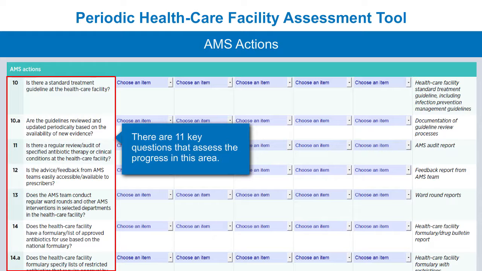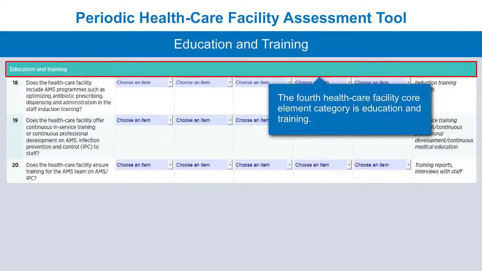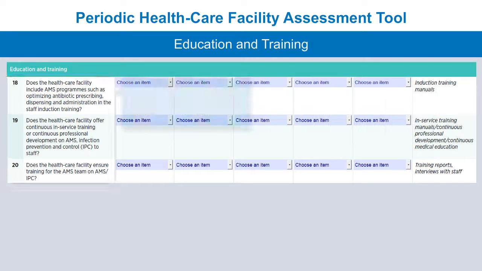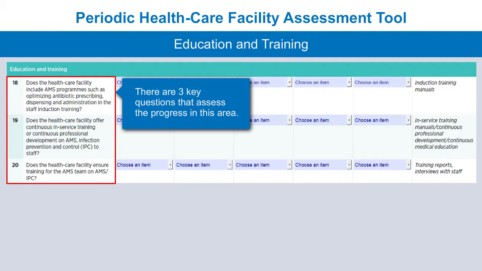The third healthcare facility core element category is AMS actions. There are 11 key questions that assess the progress in this area. They include questions such as, is there a standard treatment guideline at the healthcare facility? Are the guidelines reviewed and updated periodically? The fourth healthcare facility core element category is education and training. There are 3 key questions that assess the progress in this area. For instance, does the healthcare facility include AMS programs such as optimizing antibiotic prescribing, dispensing, and administration in the staff